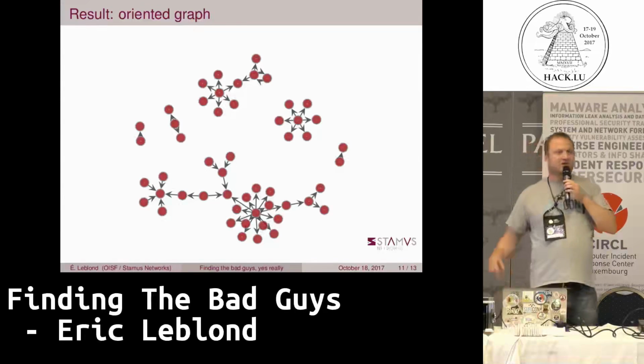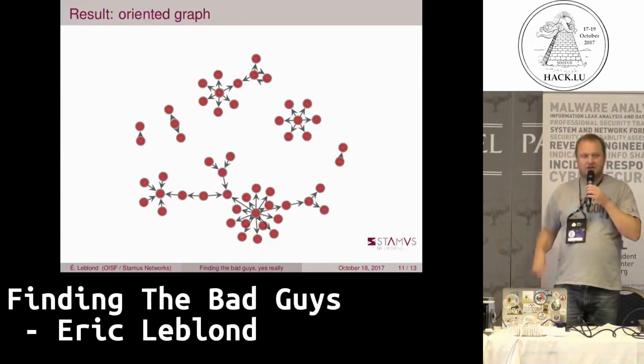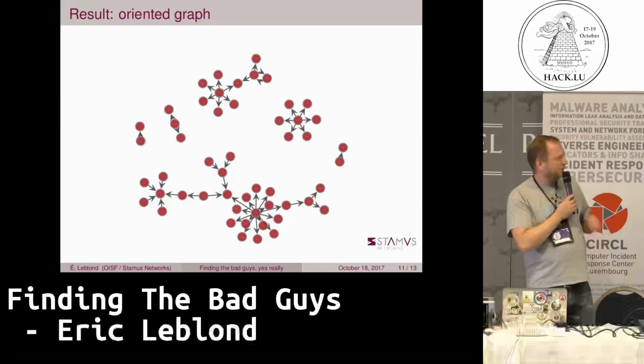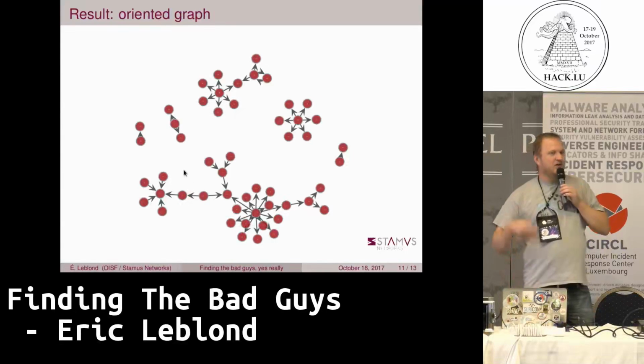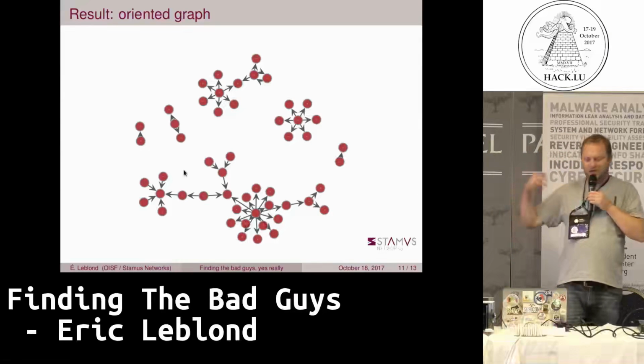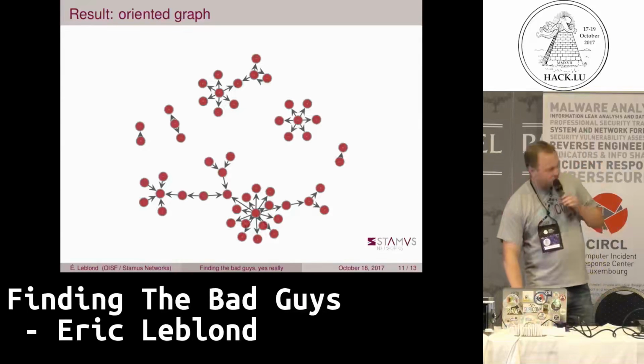If we take the same graph, the same data set, with the new information, what was looking before like a huge possible compromise chain is in fact just some linked nodes, but without any path. This way, we can see clearly that it was not that big an attack on this network.